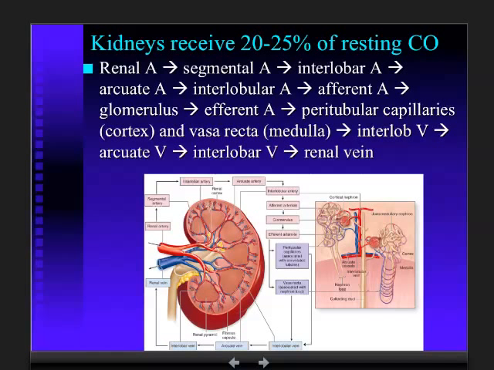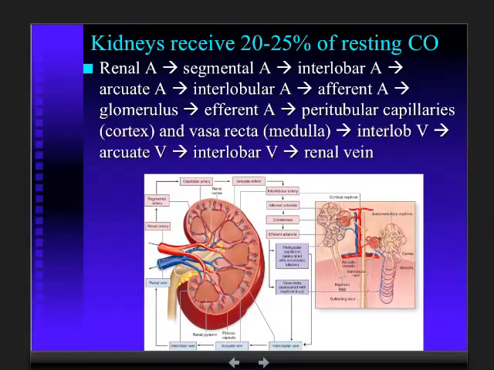a vessel that comes upward and sends out numerous branches, all right? And that vessel that comes upward and, again, towards the capsule of the organ, that's the interlobular artery, all right? So we had renal artery, segmental artery, interlobular, arcuate,